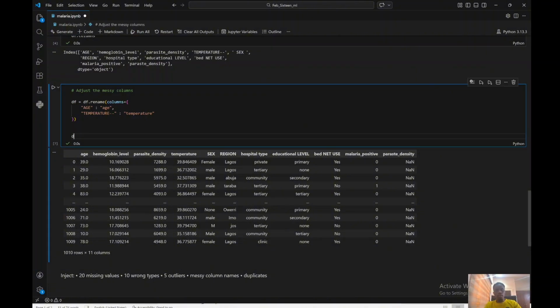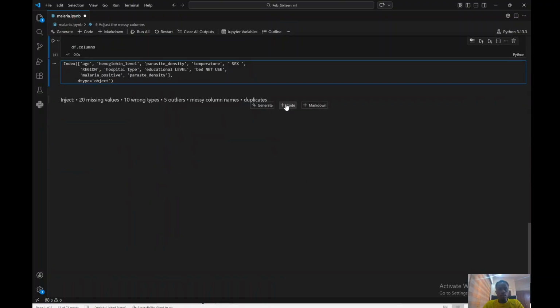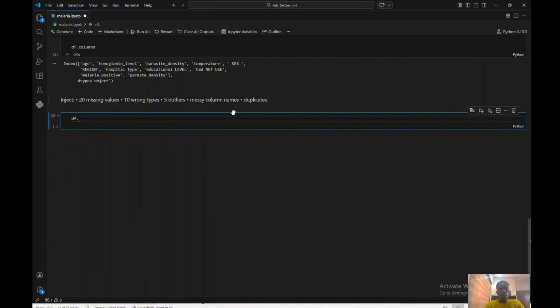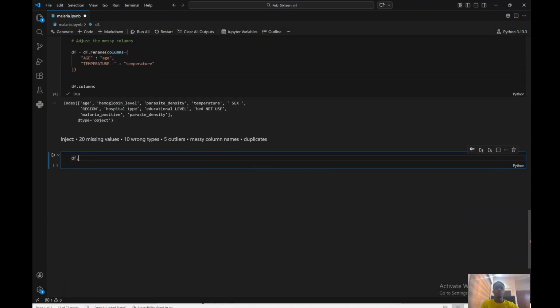So what we can do now is, if we do df.columns, you said there's now an update. Okay, good. So what we can do next is, remember that there are still duplicates inside this one. But the first step that we are doing in cleaning our data is adjusting our columns properly. So we say df.columns equals df.columns dot, now what can we say? We can say dot